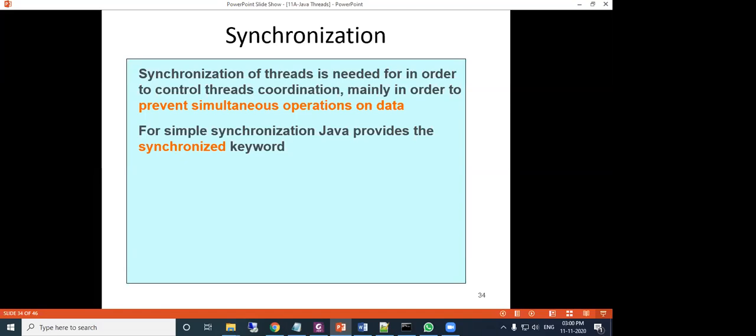So after deposit, or after sufficient balance, only then you can withdraw. But for deposit, there will be no restriction. You can deposit anything. But for withdraw, the withdraw amount should not be greater than the balance value. So that will be checked. When this happens, at that time synchronization is required.